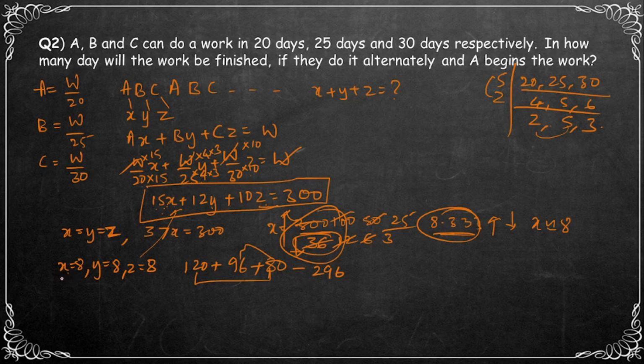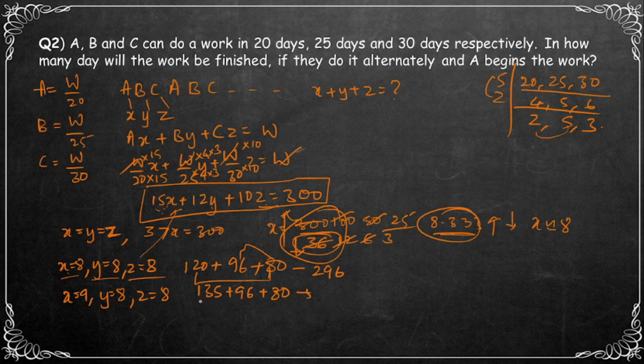So A has already worked for 8 days, B has worked for 8 days, C has worked for 8 days. The next day A has to work. So let us try x is equal to 9, y is equal to 8 and z is equal to 8. So 15 9s are 135, 12 8s are 96, 10 8s are 80. So this will be